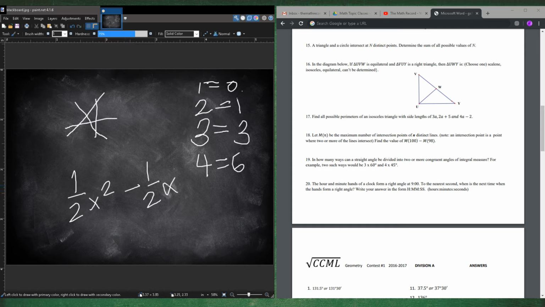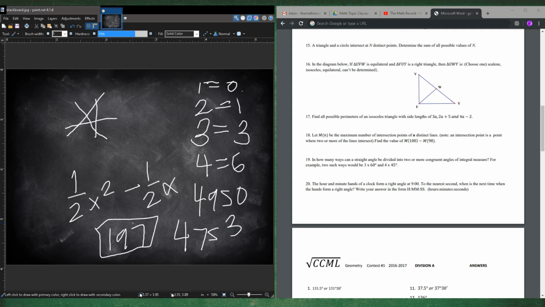So plug it back in. 100 squared divided by 2 plus 100 divided by 2 minus 100 divided by 2, which is 4950, and you get 98 squared divided by 2 minus 98 divided by 2 is 4753. Subtract the new numbers and you get